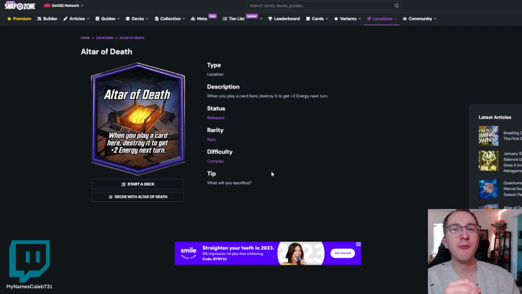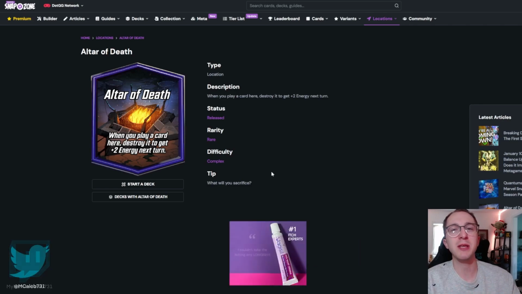Today we're talking featured locations in Marvel Snap. Again, it is Wednesday, so that means a new featured location is dropped, and this time it is Altar of Death. Altar of Death looks absolutely crazy, but before we get into it, as a refresher, featured locations happen every Wednesday, and they're going to appear 40% more frequently during games. With Marvel Snap being a location-based card game, this is going to have a very serious effect on the meta